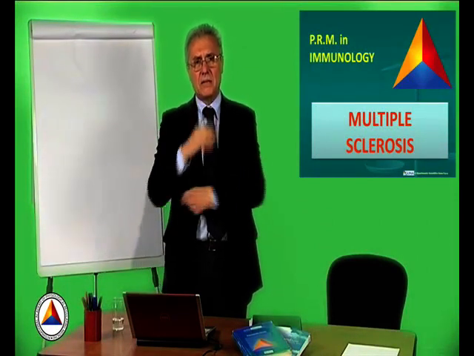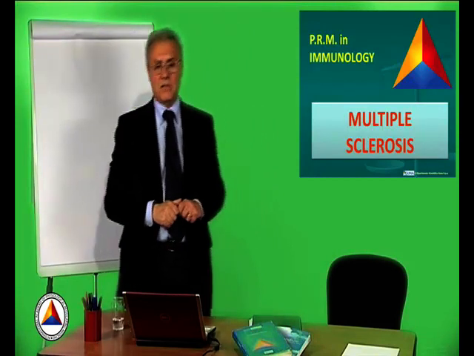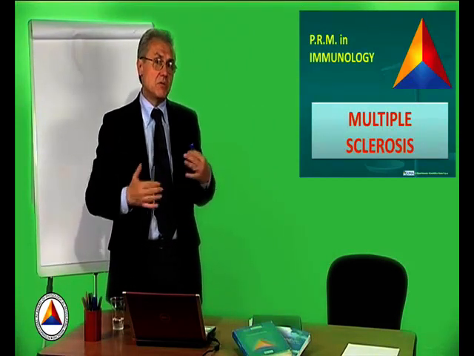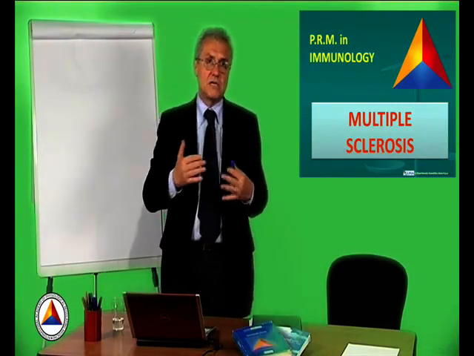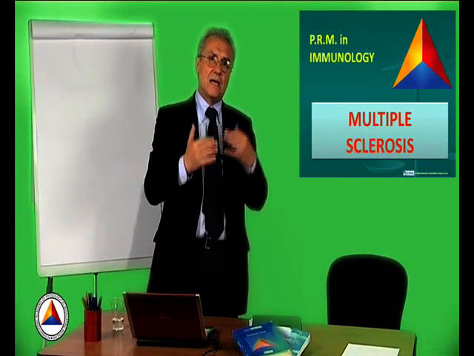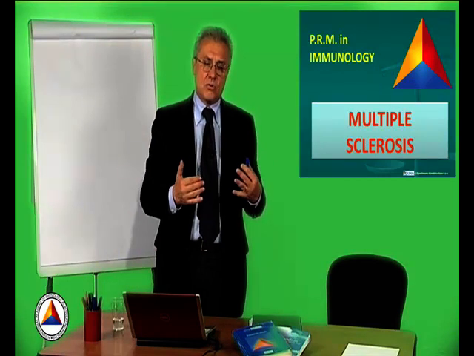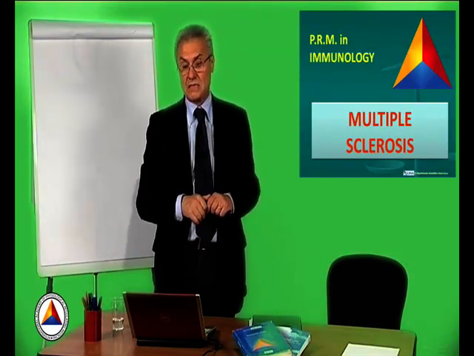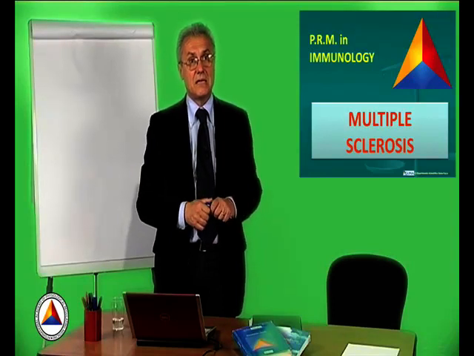We can see some benign cases in which the disease tends not to evolve, and quite often there may be a crisis that is easily overcome with just a little cortisone, and then perhaps it doesn't recur, and then there's a very serious case that leads the patient to a wheelchair, disability, and so on.